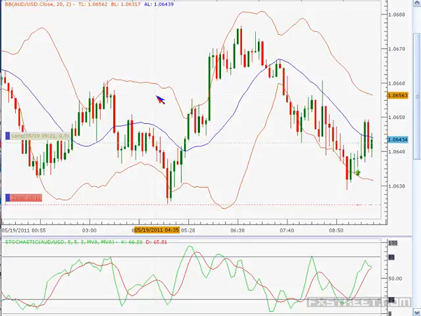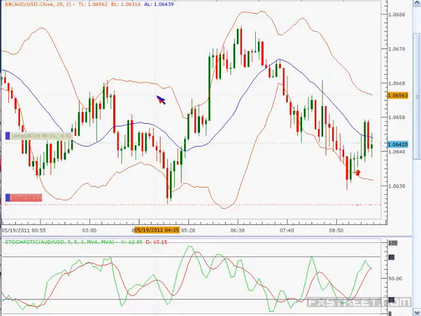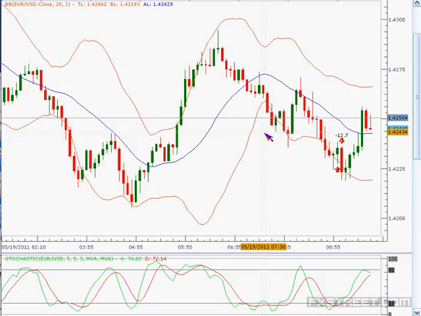All right, let's see here. My point of view on the case, I have an EU short with 143. Okay, here's what it comes down to, and this is also part of what it means to be trading: if I had a short like you did ahead of 143, I'd probably be inclined to stick with it. Maybe I would have taken some off a little bit lower, when we hit that first area of support where we got the bounce in the euro. But when you have a good entry point, say up around that 143 place, that's not a bad time to stay short, because at the end of the day,